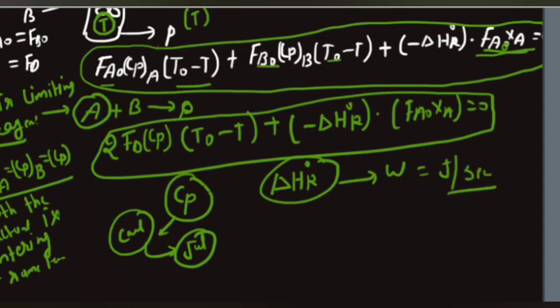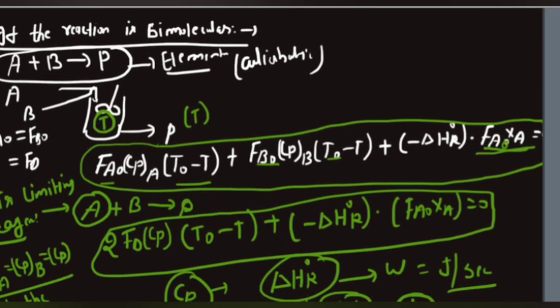Joule per second. So you need to focus here also on Cp and delta H naught of R. If it is in joule and if it is in kilowatt, then convert it into watt. So unit will play a very crucial role here. Just don't get interrupted or stuck in the unit part, because it's very important. In the examination, due to pressure, you may forget that thing. So stick to the unit part also. You don't have to go wrong on the unit part.